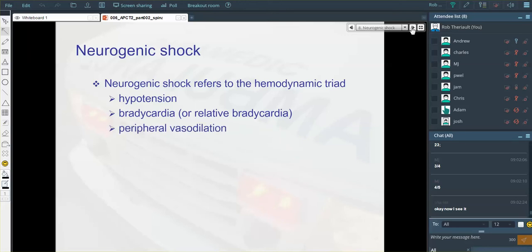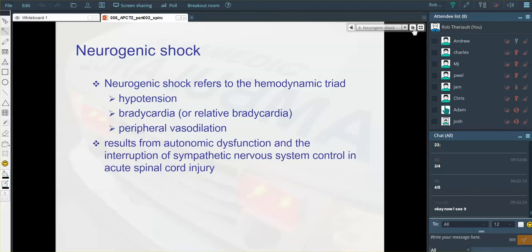And peripheral vasodilation. So these are the patients who have loss of, simply put, neurogenic shock will be in patients who have loss of motor and sensory function below the nipple line, and they'll be hypotensive, relative bradycardia, and they'll be warm and dry, and they'll have spectacular veins for IV access. That's the neurogenic shock patient,